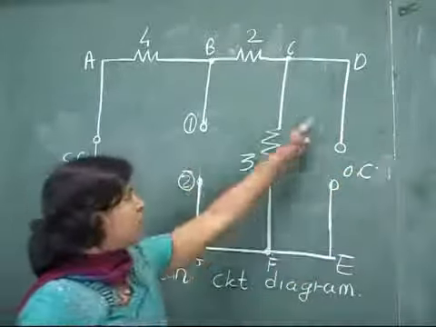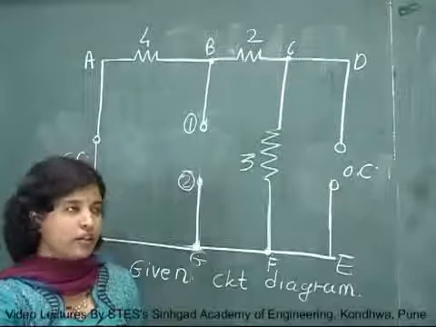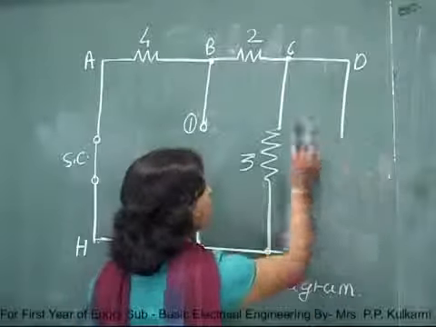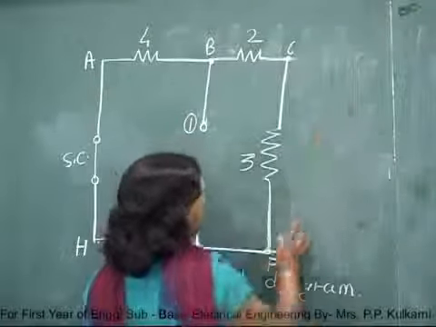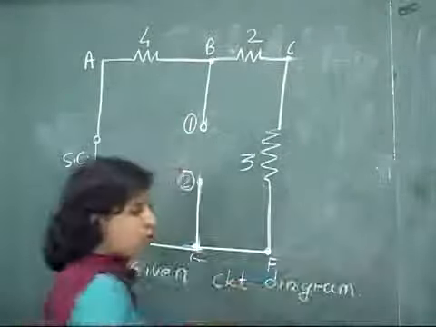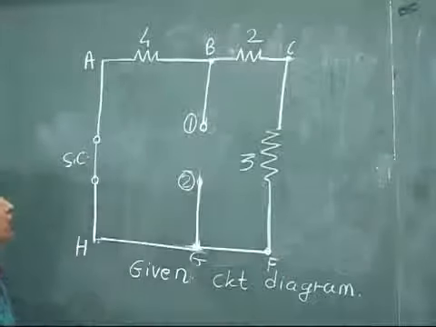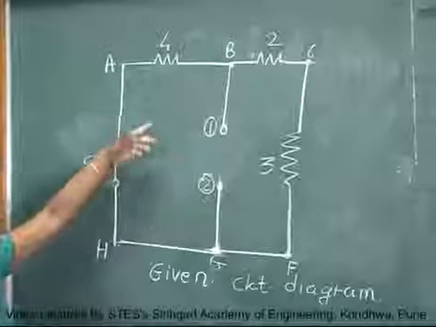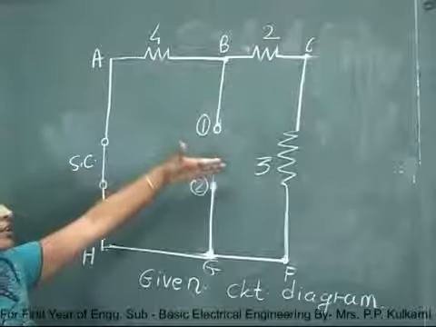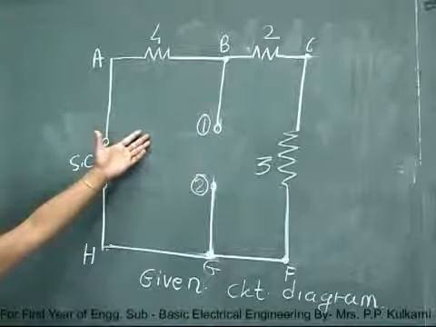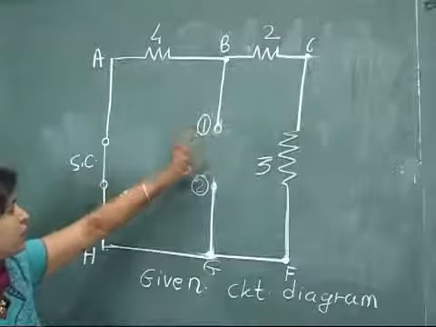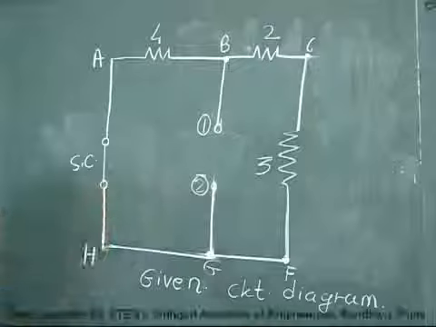Now since this branch is open, it is a redundant branch, and even if I remove it from the circuit, it doesn't make any difference. So remove this branch from the circuit. Now in this circuit, a few of these resistances are in series and one parallel combination is also there. So find the equivalent resistance across these two terminals of the network.